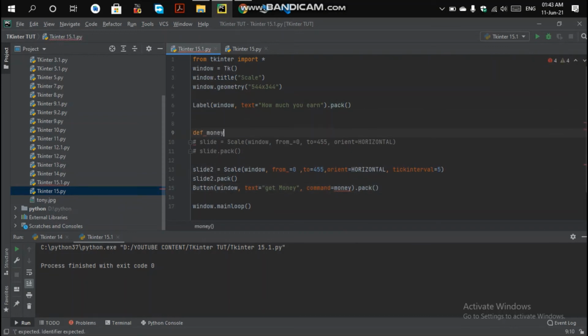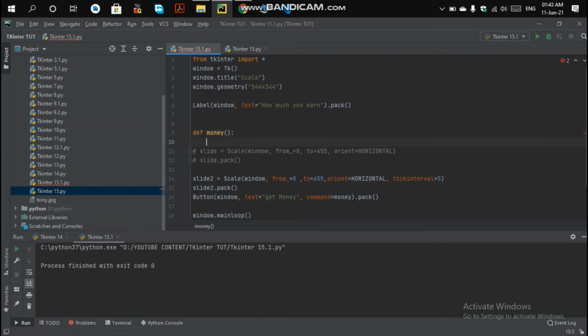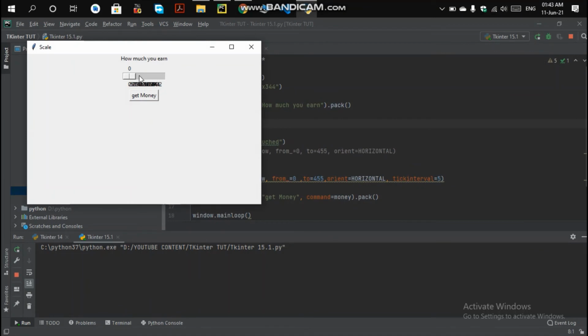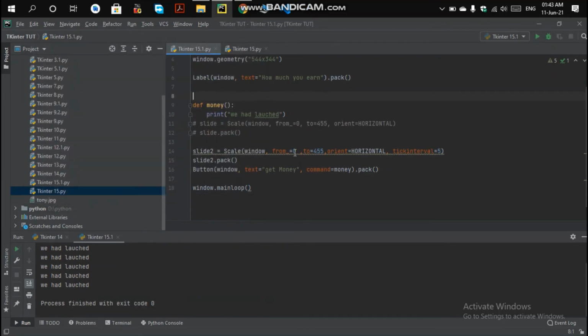Money is the function, and it prints the value: we have launched. Okay, launched. When you run this, you get a bar, and you can scroll it, press it and get money, we have launched. So this type of thing you can do here.